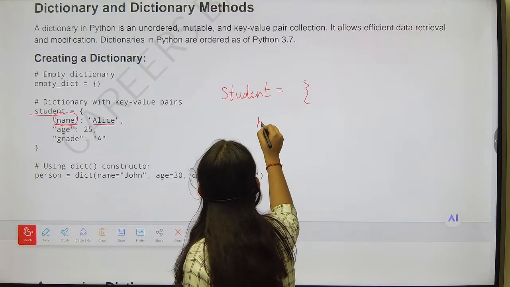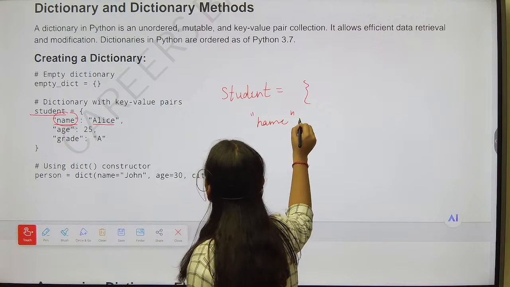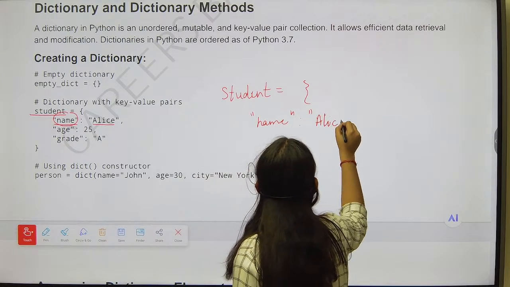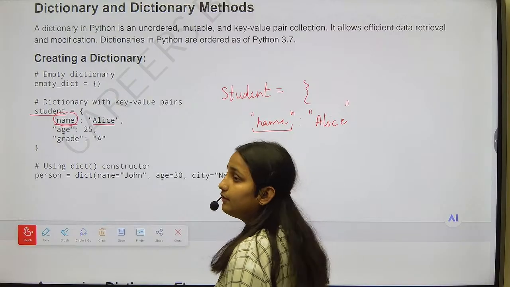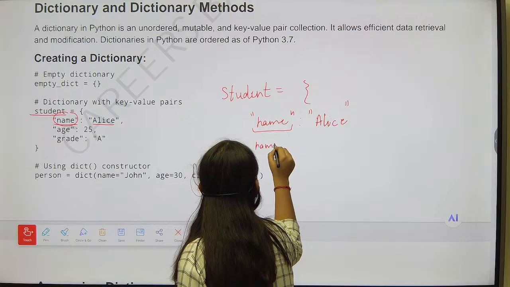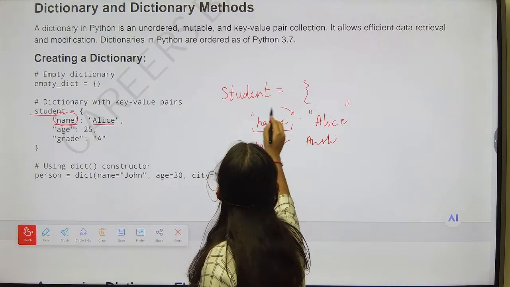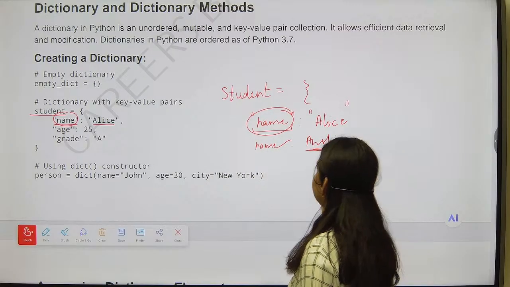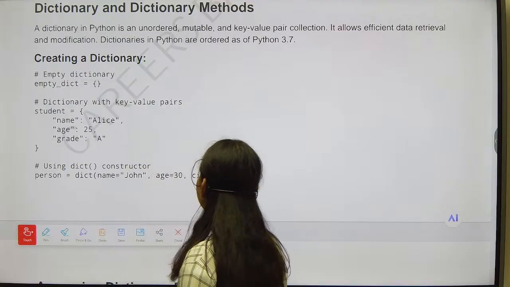So now you can only create the key, only one key, which is name. You cannot create one more name and then write a different name, right? So keys need to be unique, but what you can do is repeat the values. Okay, the values could be duplicate. All right,